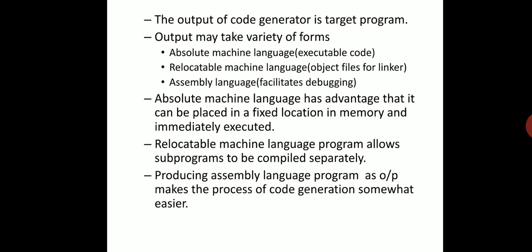So it depends on the architecture again. We know absolute machine code is executed at a fixed address in the physical memory. Relocatable machine code can be executed at different addresses, and we can have different parts of a program, and the linker will link all those parts together. And the assembly language program: as we have just discussed, if the assembler is present, the compiler produces the output as assembly language code, which is given as input to the assembler.